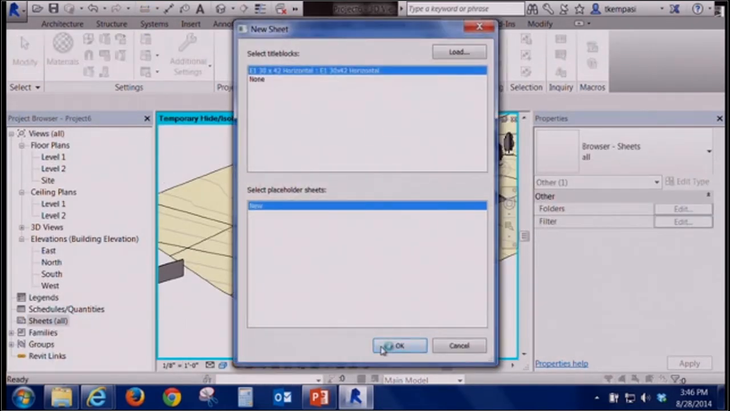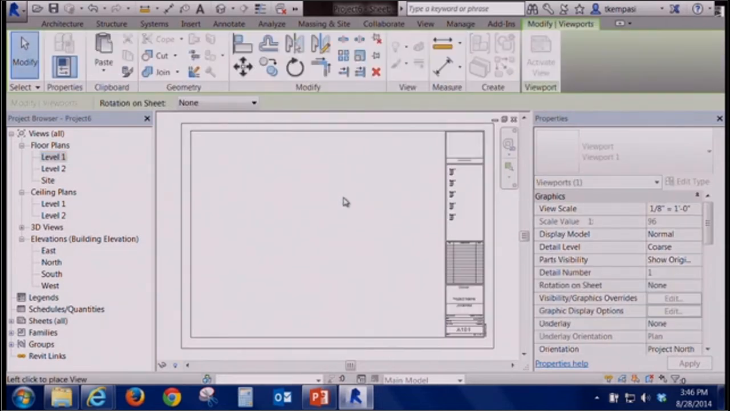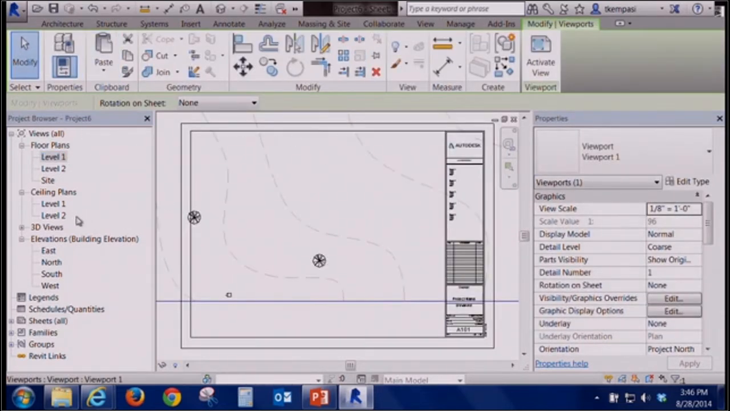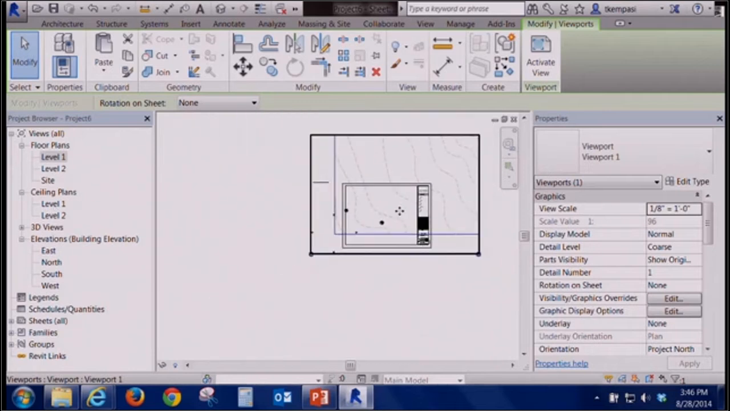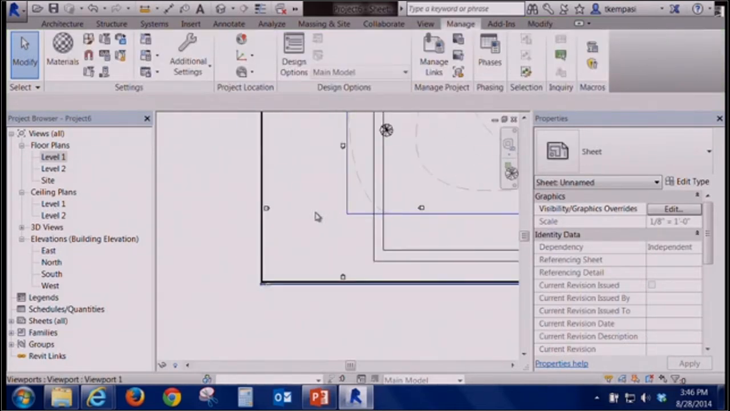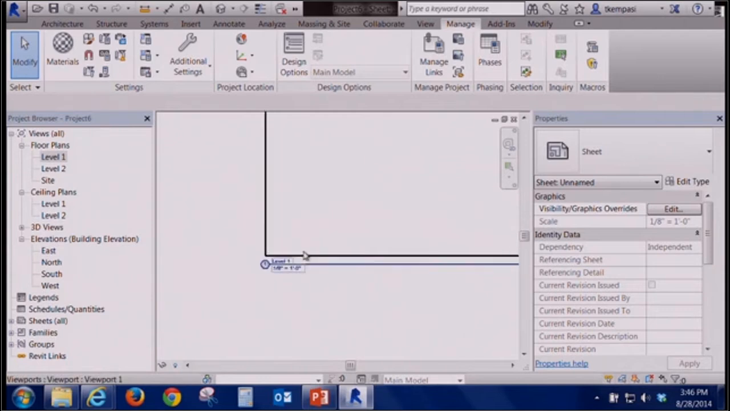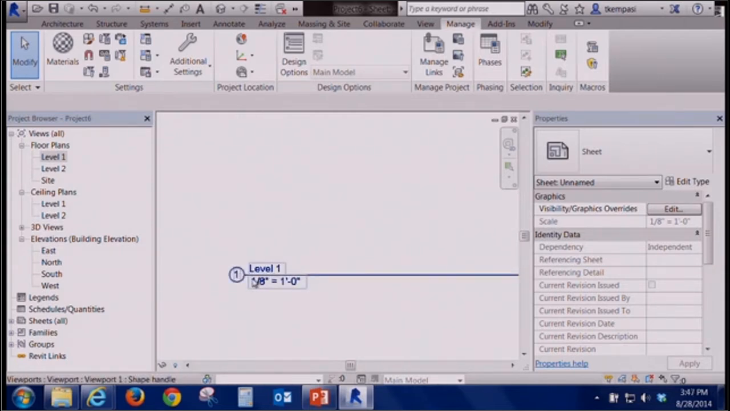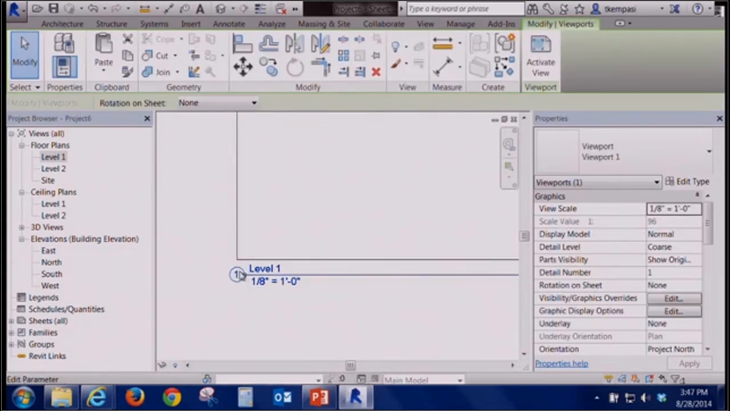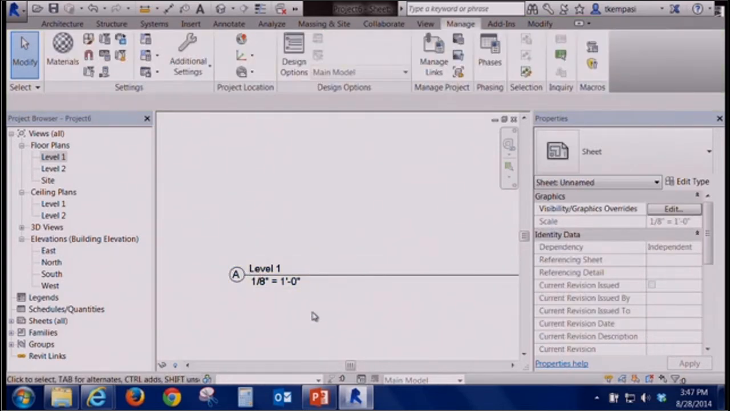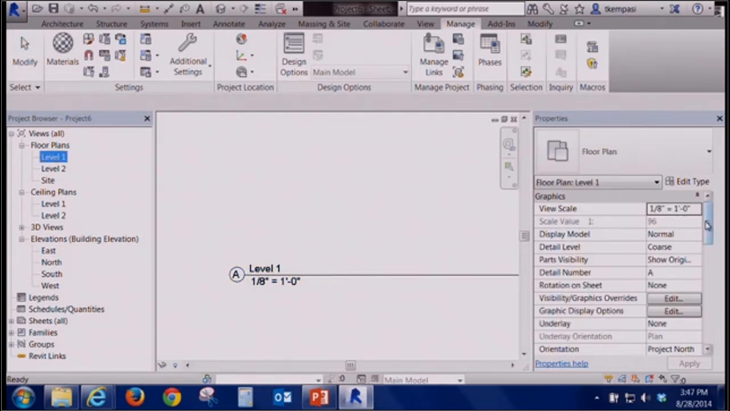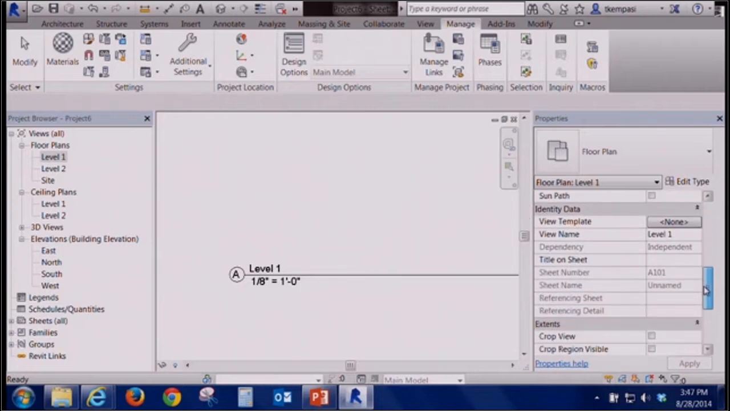Create a new sheet. You can drag. Each view has got a view title associated with it. So down here at the bottom, I've got a view title. By default, they're going to show the view name, the scale, and the number. And the number can't be repeated on a sheet, but you can change it to anything you want as long as you don't repeat. The view name will show the name of the view unless you have a specific title